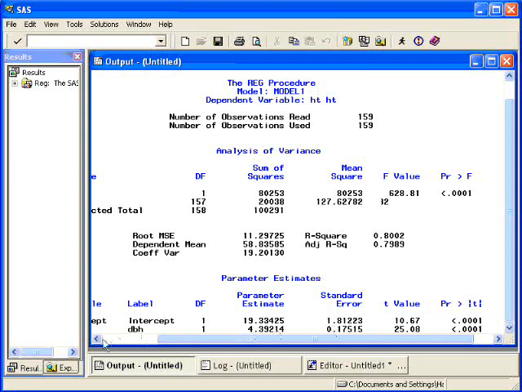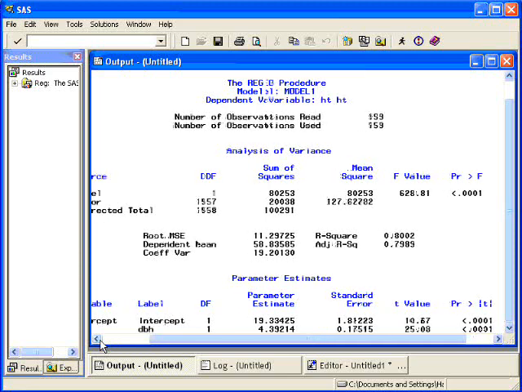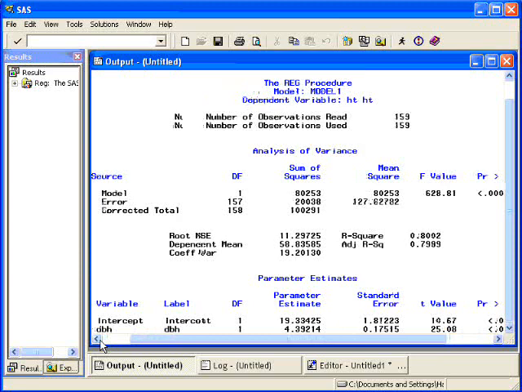However, most of the time, we're not interested in the intercept. Most of the time, we're interested in the slope. And that is the slope associated with the diameter breast height. Here is the parameter estimate, 4.39. Here's the standard error,